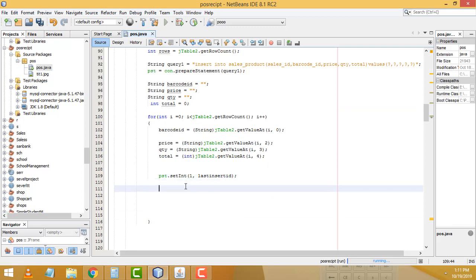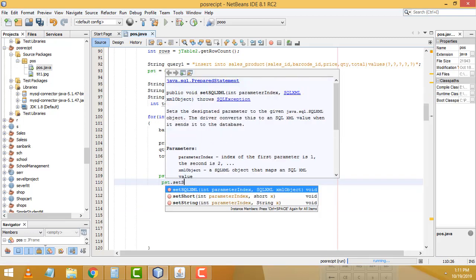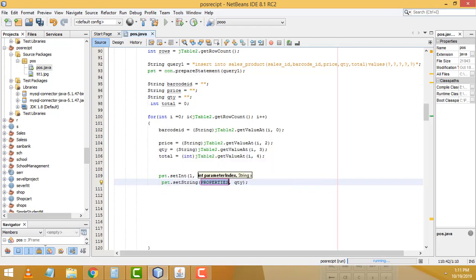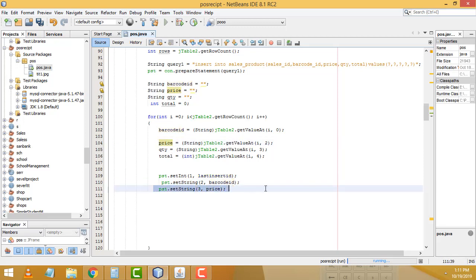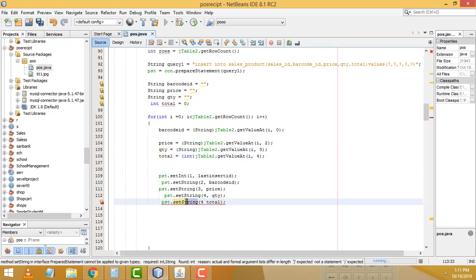After that we have to write another stuff. Control C to copy, Control V to paste here. We have to write here dot set string. Second one should be the barcode ID, this one. Third one, Control C to copy, Control V to paste here. Third one should be price. After that, Control C to copy, Control V to paste here. Fourth one should be quantity. After that, fifth one should be total. This one int,